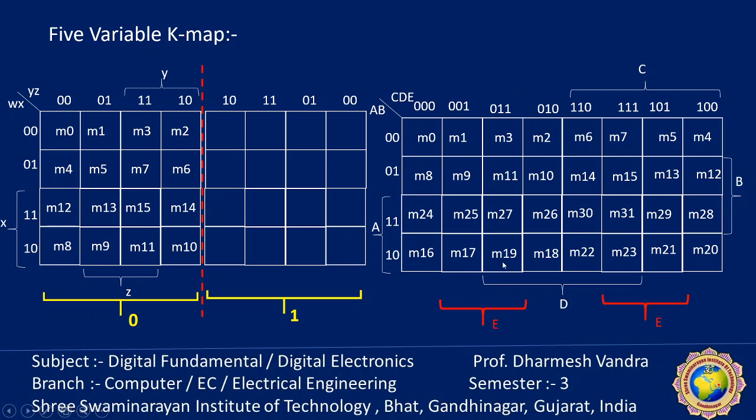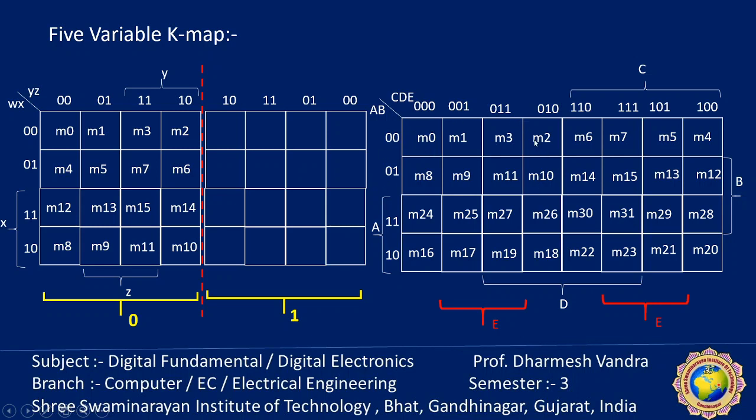The second and third column plus the sixth and seventh column are represented by E, while the first column, fourth column, fifth column, and eighth column are represented by E dash. Remember that: all 32 minterms represent 1, 16 adjacent cells represent one variable,